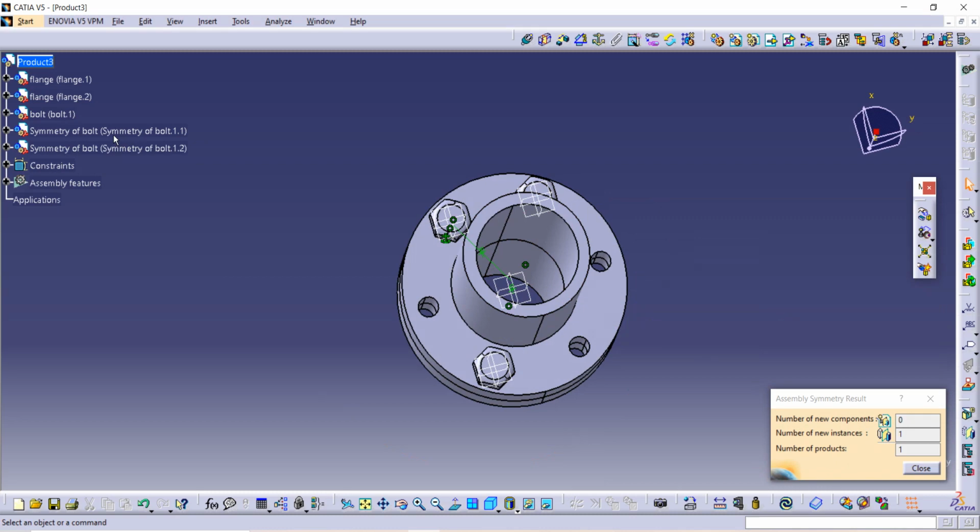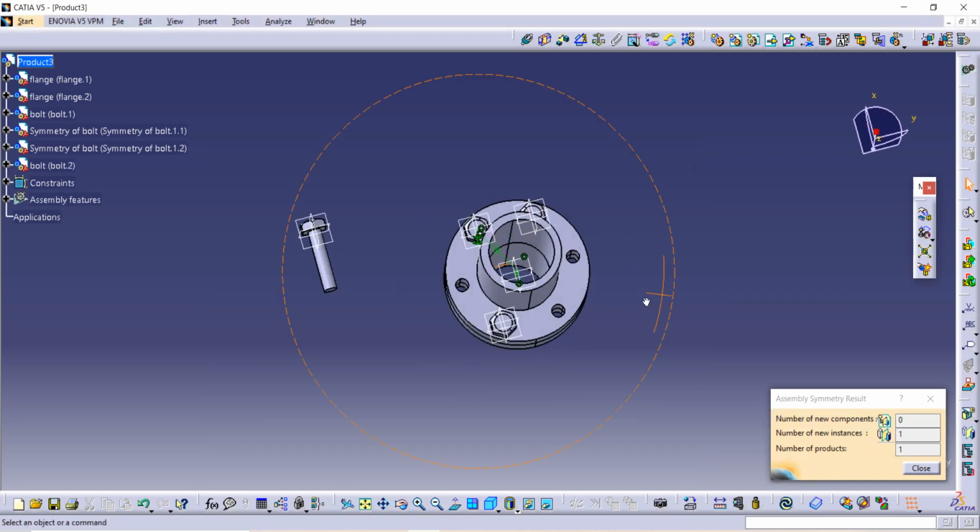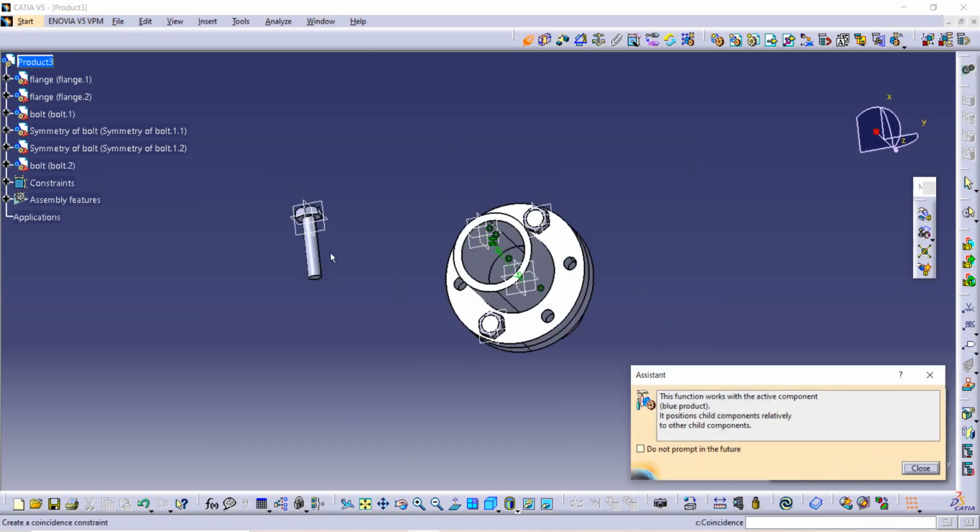Now we have to insert another nut here, a bolt here. So every time we can't use symmetry in a circular diagram, so import bolt again. Similarly we can fix that bolt.